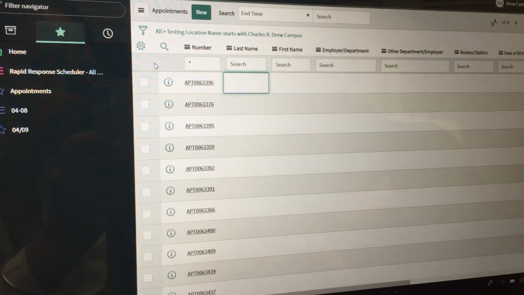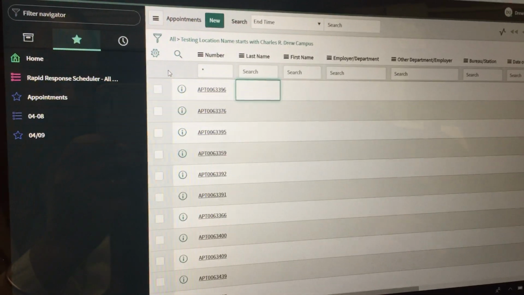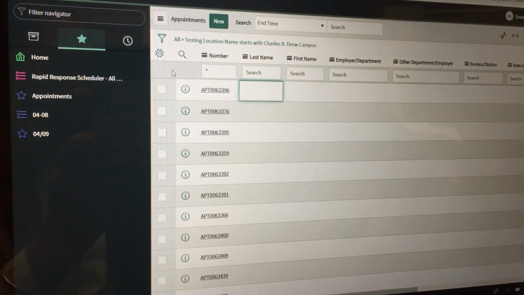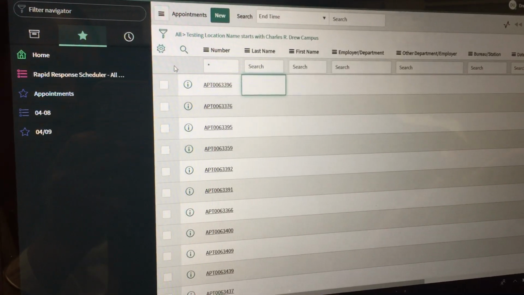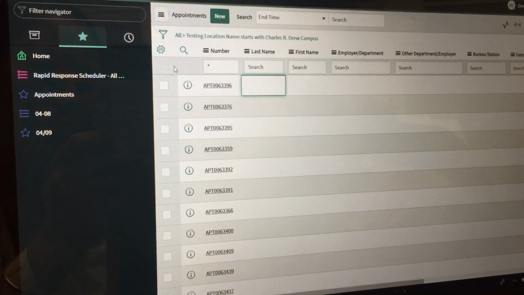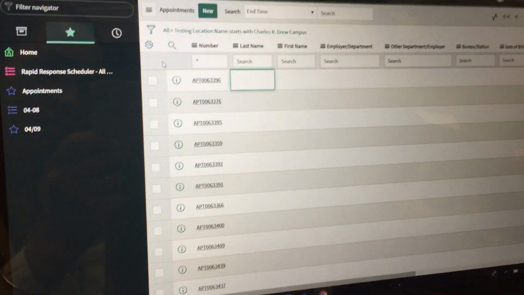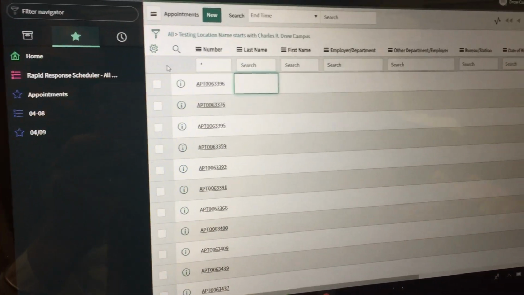Once that pops up, you're going to confirm the name, first and last, with the runner. And they're going to be checking ID. So they're just saying, yes, that appointment confirmation number matches with that name. Once that happens,